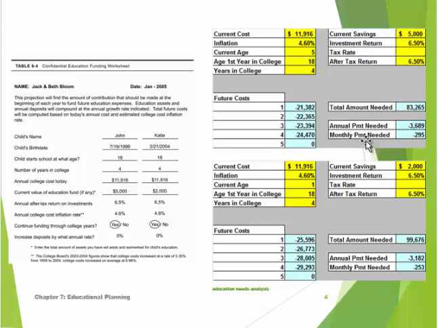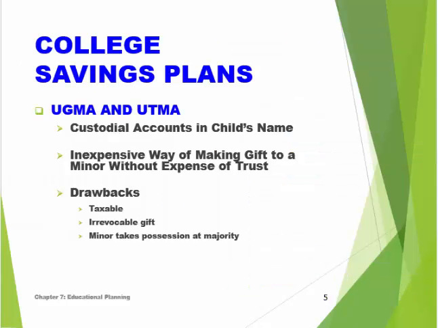So in this case, you can see that for this first person, it's going to take about $83,000 to pay for college. $3,600 is what they would need to put down now if they did an annual amount. If they did it in monthly payments, they would need about $295 a month. Likewise, for the other person, they need $3,000 in annual payments or $253 in monthly payments. So, it's obviously a substantial amount of money. We need to plan if we want to help our kids move forward.